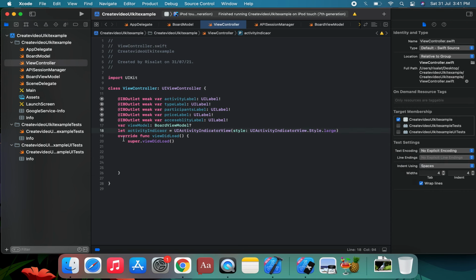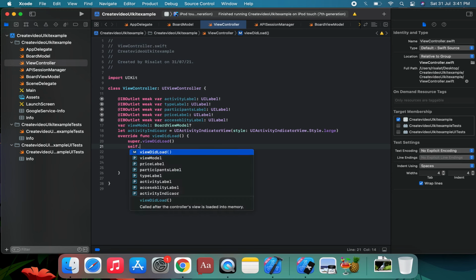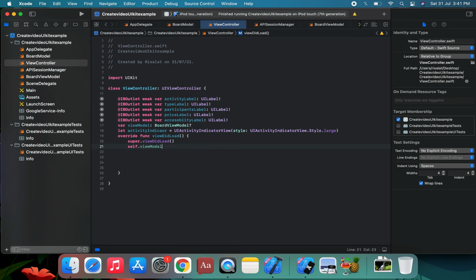Okay, we're going to get the activityIndicator instance in this class. First of all, we're going to create an object of the view model. So self.viewModel is equal to BoardViewModel, we're going to create the object BoardViewModel.